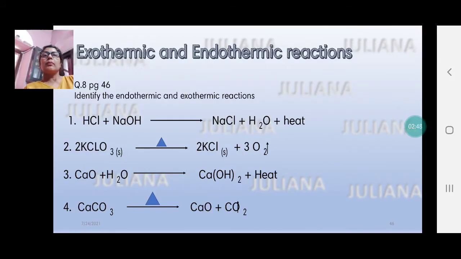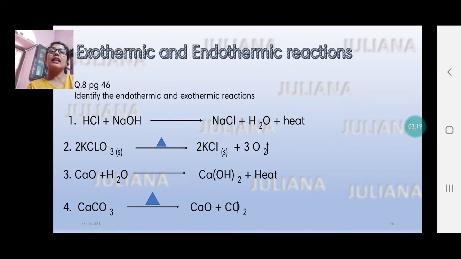Then we talk about exothermic and endothermic reactions. Exo means outwards, thermic means heat. So when heat is given out during a reaction, it's exothermic, and endo means inwards. When heat is absorbed, we call it an endothermic reaction. Normally in the equation itself, on the arrow, when heat is supplied, we write a triangle. So you understand that heat is being taken in, absorbed, so endothermic.